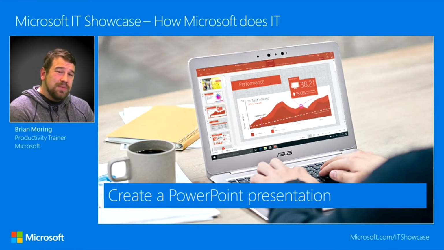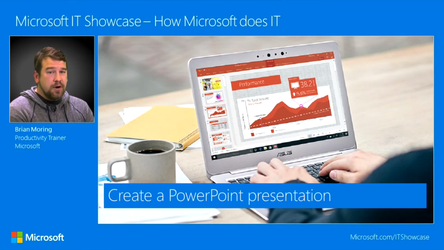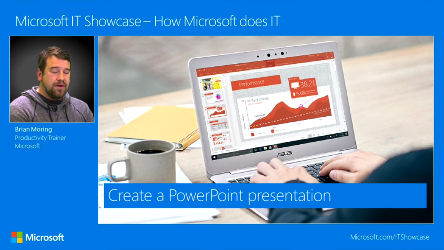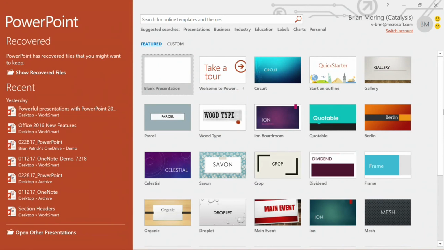So today we're going to be using PowerPoint 2016. A lot of these features are available on a lot of versions of PowerPoint, but there are some interesting ones that are available only on 2016. So do be aware that if you're using something other than PowerPoint 2016, that some of these items may not be available for you. But what we're going to do, we're going to go ahead and create a brand new PowerPoint presentation. All right, when we first open PowerPoint 2016, we're going to come into this main screen here,